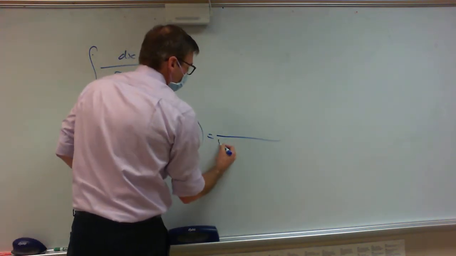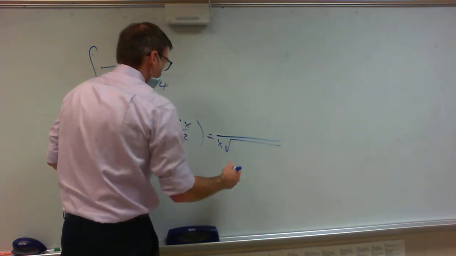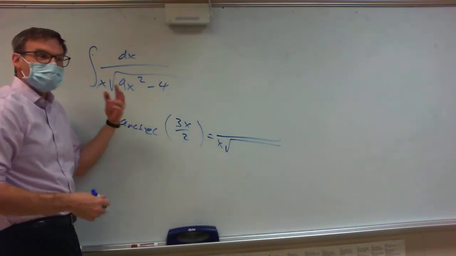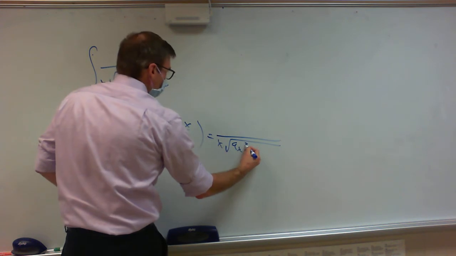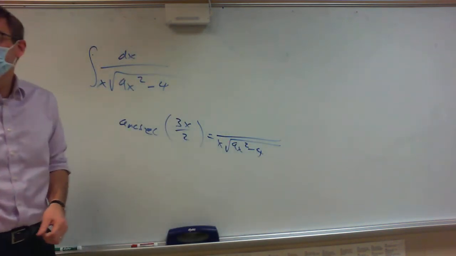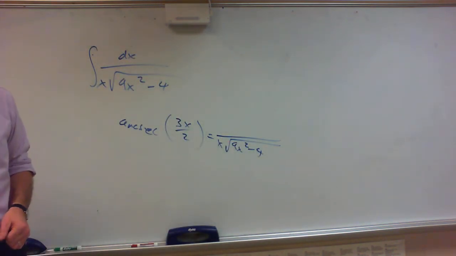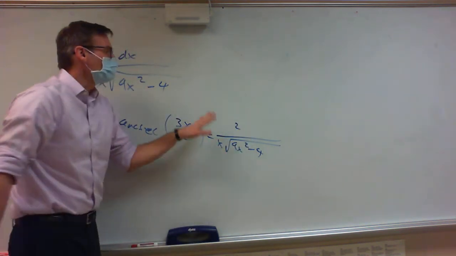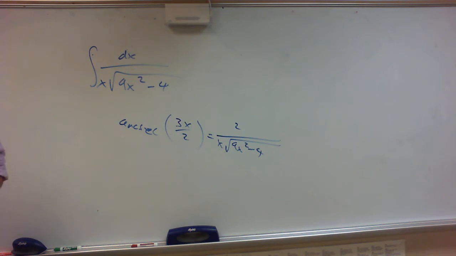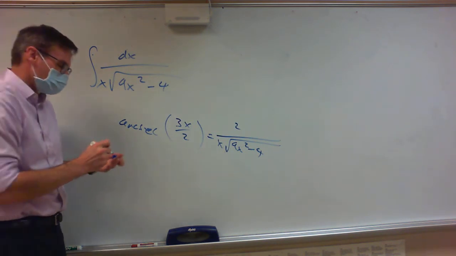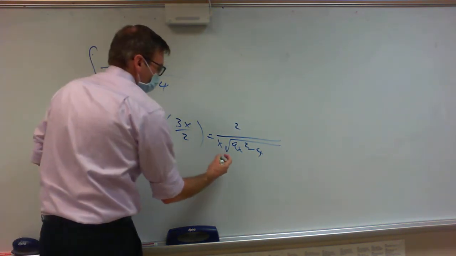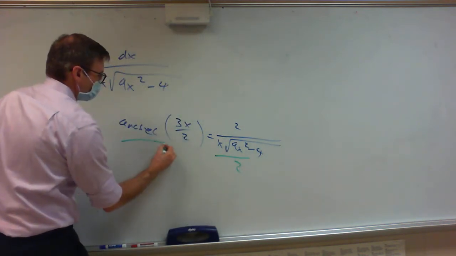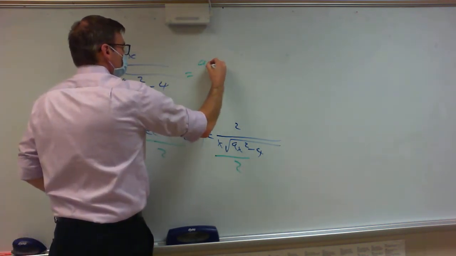When I take the derivative of that, I get x square root. You see how we've created it so it's going to give me 9x squared minus 4. What's going to go on top? A 2. And when I compare these two, what are we off by? You're going to divide by 2. And so this gives me